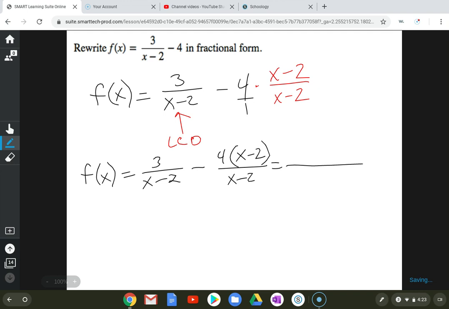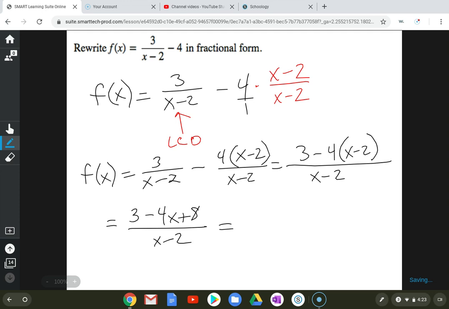Now I can write it all over one LCD. 3 minus 4 times x minus 2 all over x minus 2. And then the only other thing I have to do is kind of clean it up and combine some like terms. So I'm going to distribute the negative 4. So minus 4x plus 8 over x minus 2. And my final answer is 11 minus 4x over x minus 2. All right, that is it. I know it was a big lesson, but